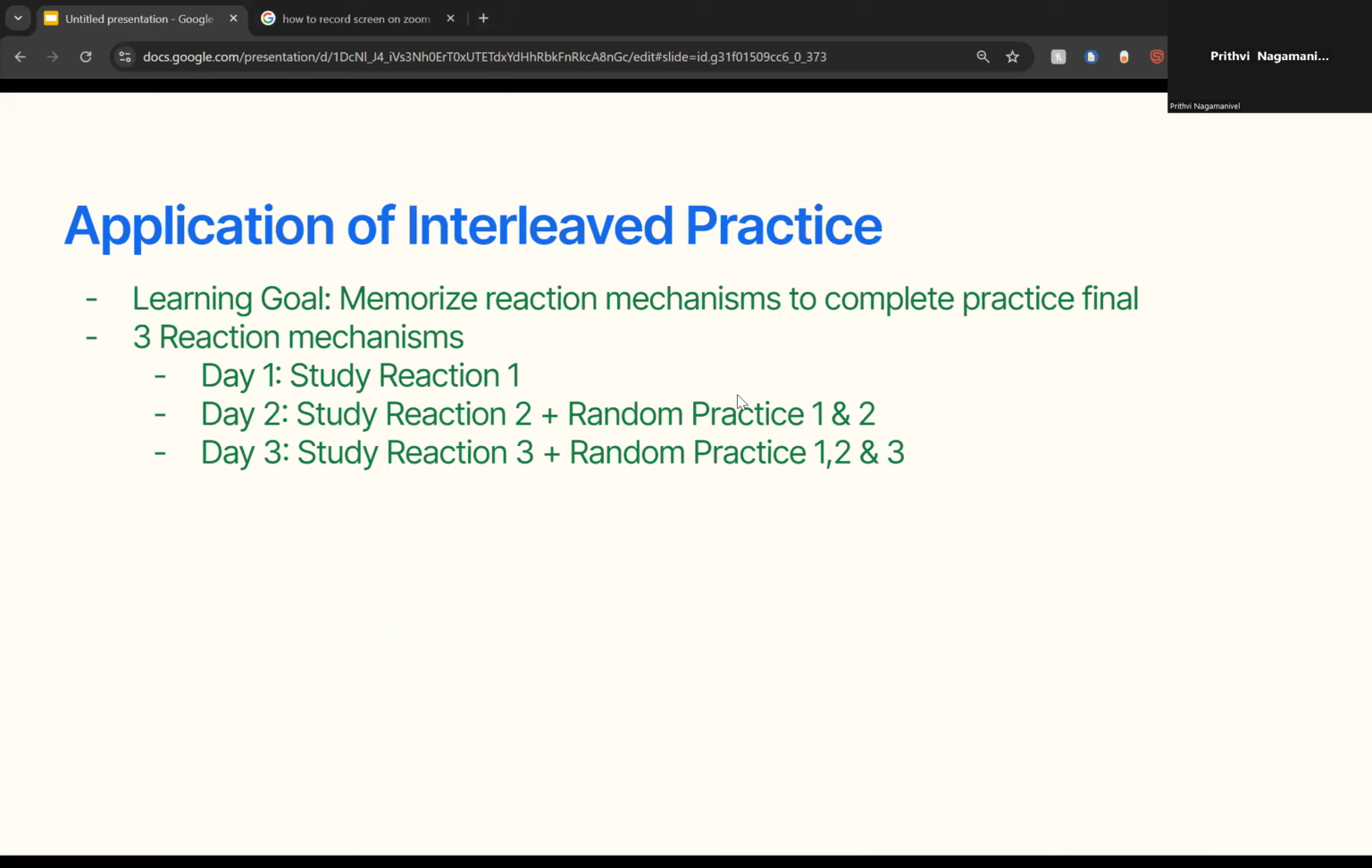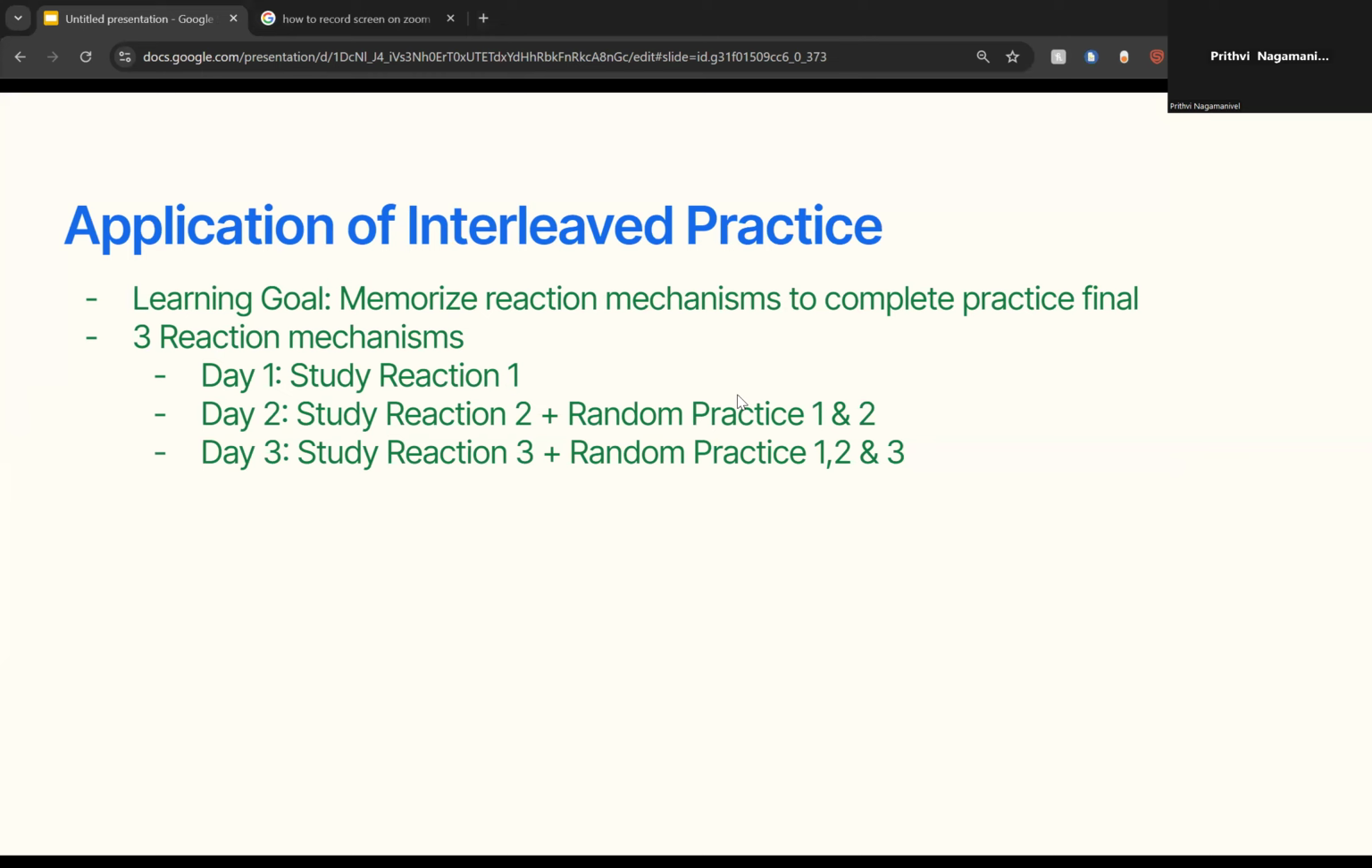So my application of interleaved practice included studying for my organic chemistry exam. My learning goal was to memorize reaction mechanisms to complete my practice final without needing to look at my notes or reference the internet or anything like that. So essentially how I went about it is that